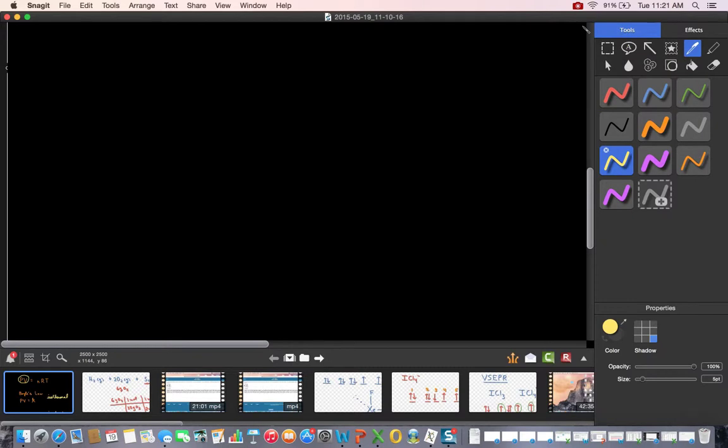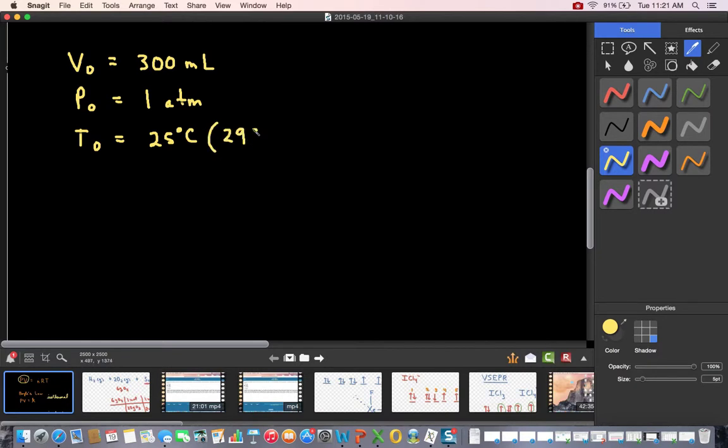So let's look at an example problem where I am given initial conditions for volume. The initial volume is 300 milliliters. The initial pressure is 1 atmosphere. The initial temperature is 25 degrees Celsius. And I'm going to go ahead and convert this to Kelvin because I never ever solve